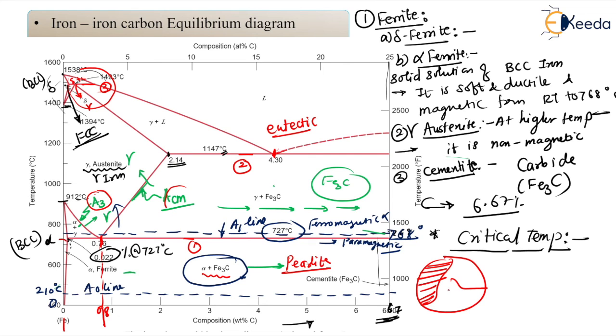0.8%, definitely there will be some proeutectoid alpha, and above 0.8 there will be the precipitate of cementite along the grain boundaries of this microstructure, dear students. So this is of course 100% pearlite that you are getting at 0.8% carbon. All the reactions we will see in great detail, dear students, how the transformation occurs.